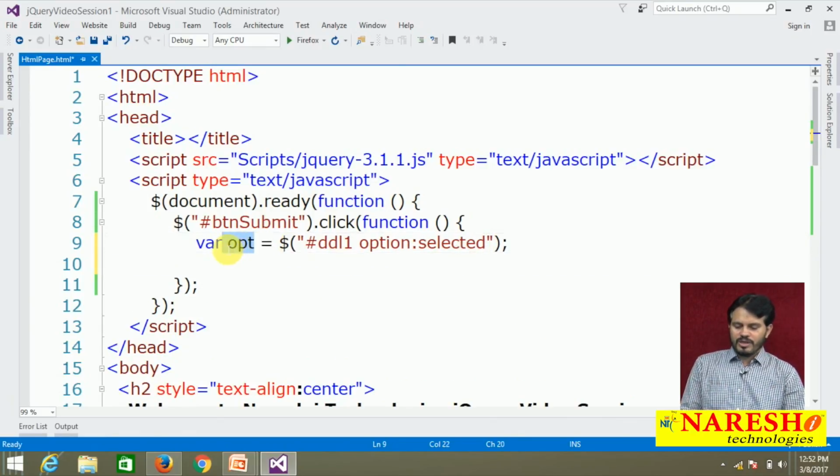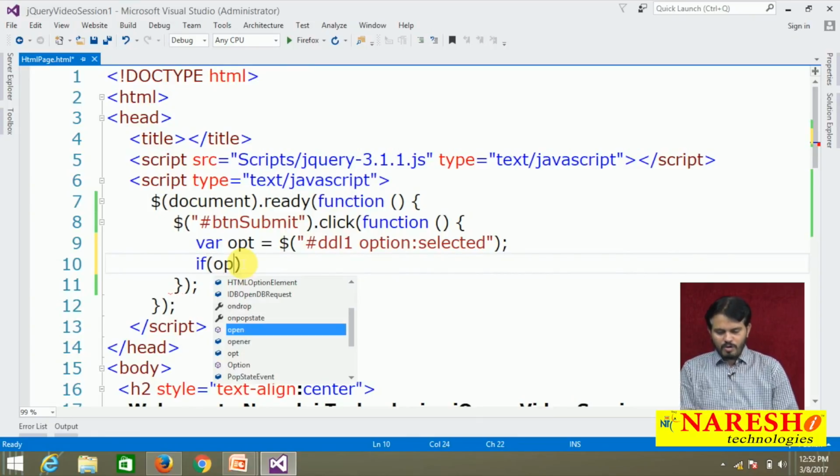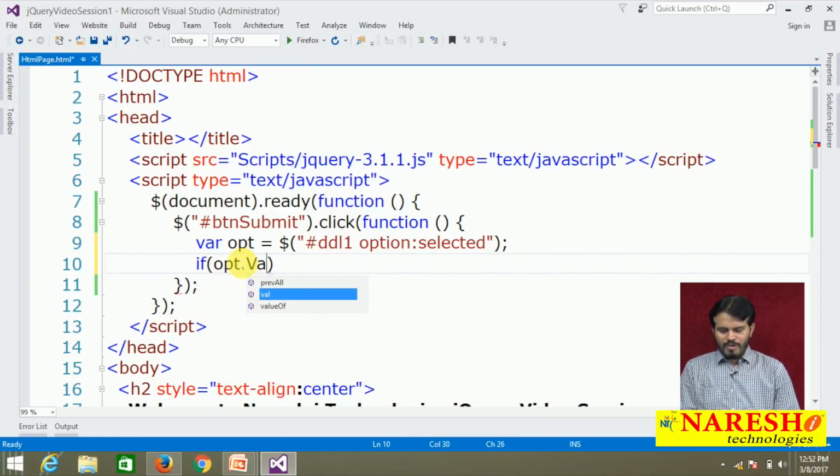In this OPT, this jQuery selector expression returns a jQuery object which represents a collection of items, either 0 items, 1 item, or multiple items. In this case, from here to here it is looking for all options, but among all options it filters only the selected option. And we know in this drop down list example any one option can be selected. So whichever option is selected comes into the OPT object. Now you will write the condition: if OPT dot val method